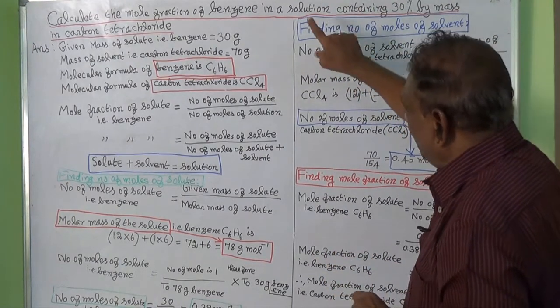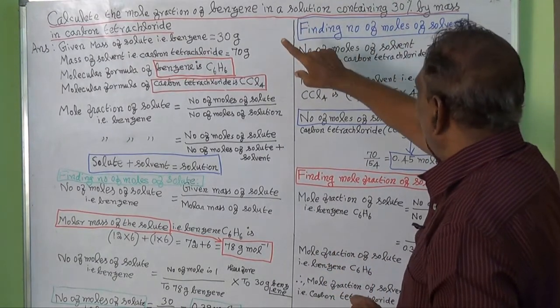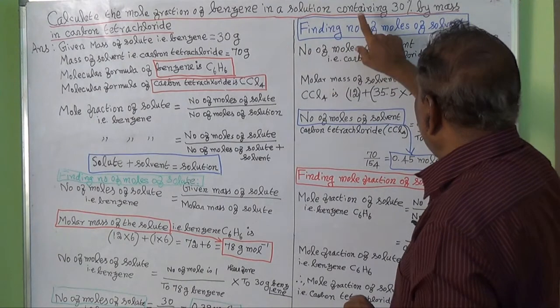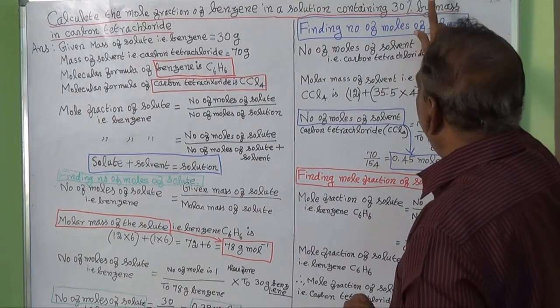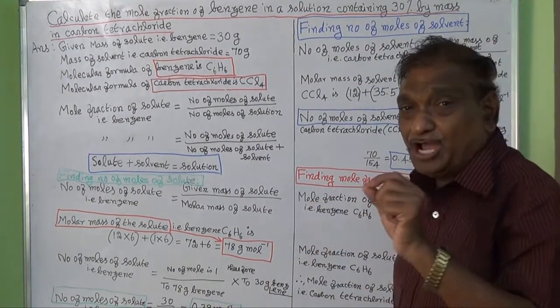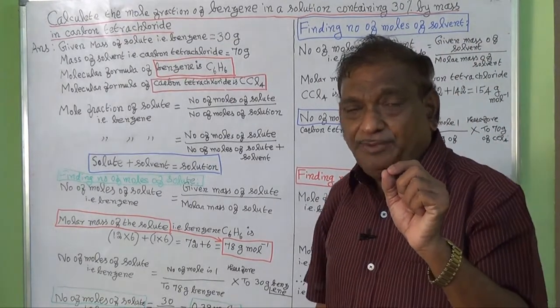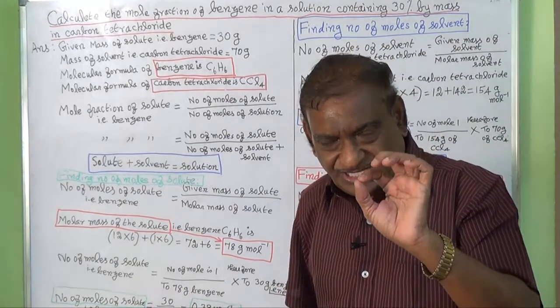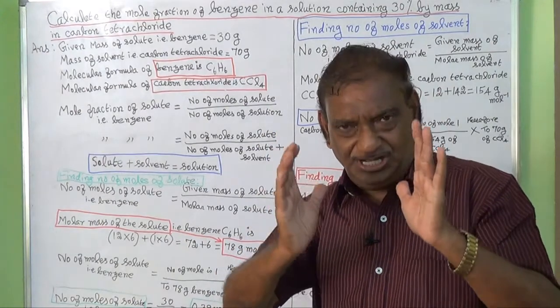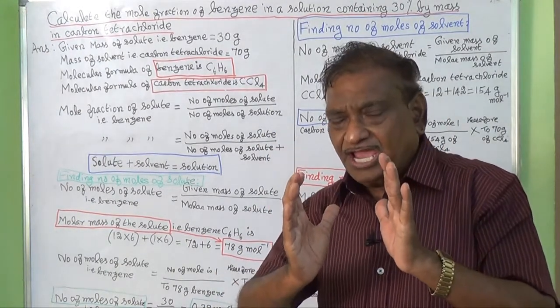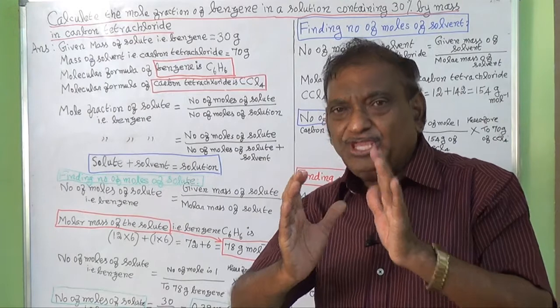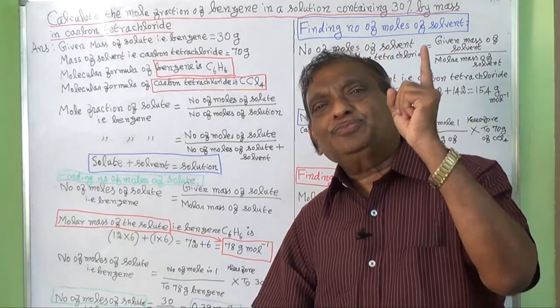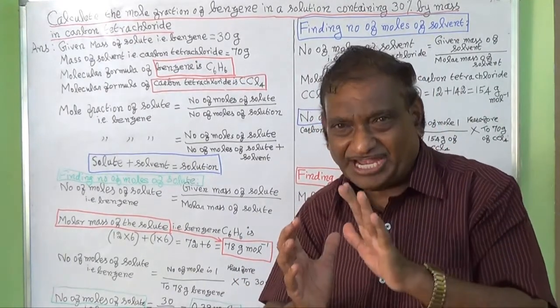In that solution, the solute benzene contains 30% by mass. What is the meaning of this? The meaning of this is the solute benzene is 30 gram if the mass of the solution is taken as